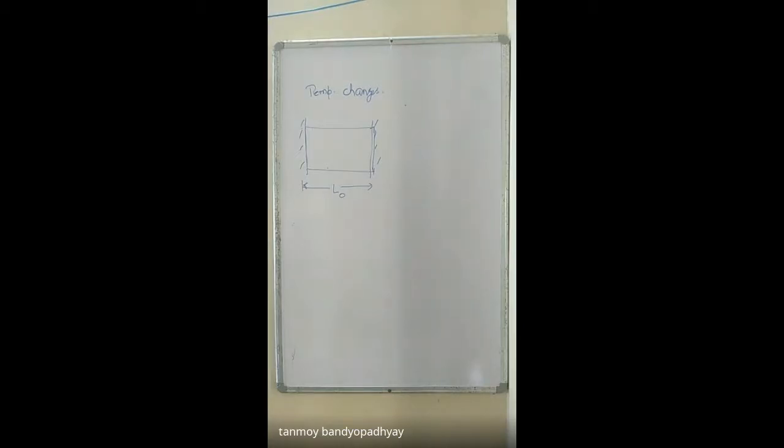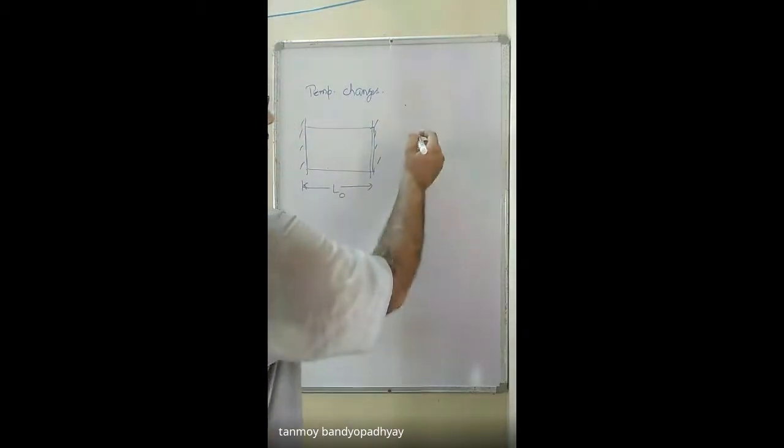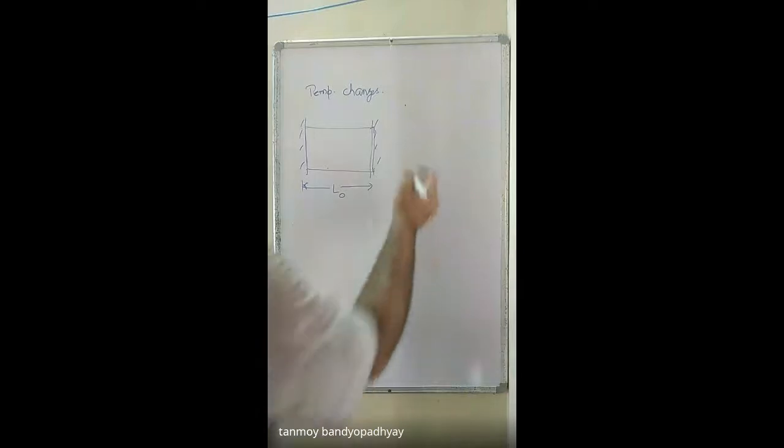Where are the resistance forces created? Where do we draw the reactive forces or the resistance forces? At the constraint points or at the boundary points. Unless there is a boundary point, there will be no reactive forces set up on the body. So if a body is free to expand, it will have zero stresses. Whenever you constrain the body, then it will have some stresses, resistance forces that form the stresses.